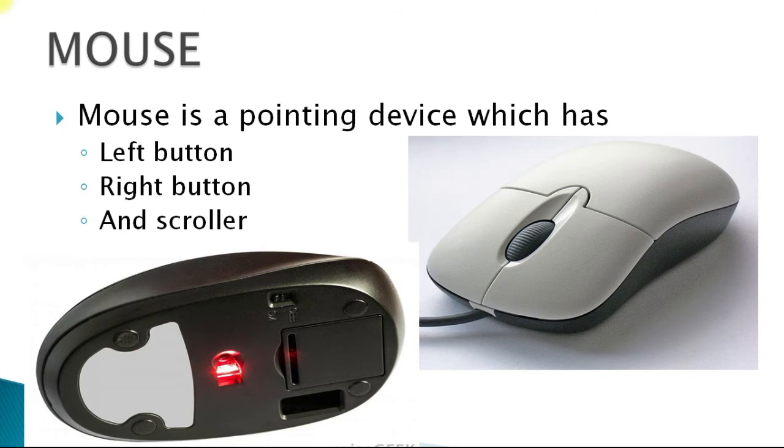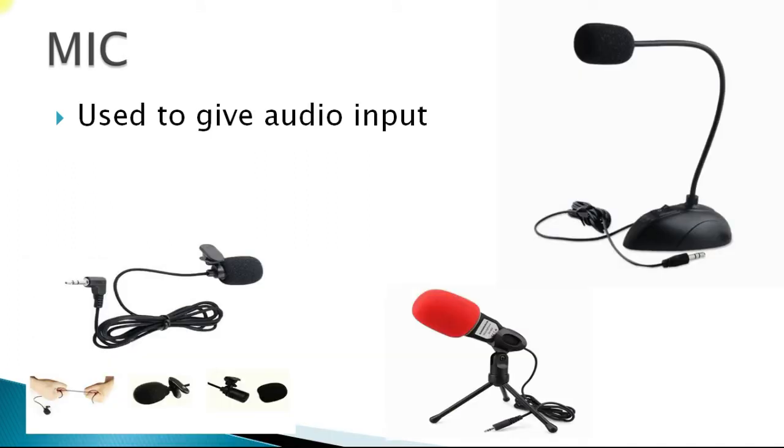If you lift this mouse and move it in the air, not on a surface, your cursor won't move. So an optical mouse must always be on a surface, then only it will work. The scroller key is used to scroll up and scroll down, a number of lines up or a number of lines down.